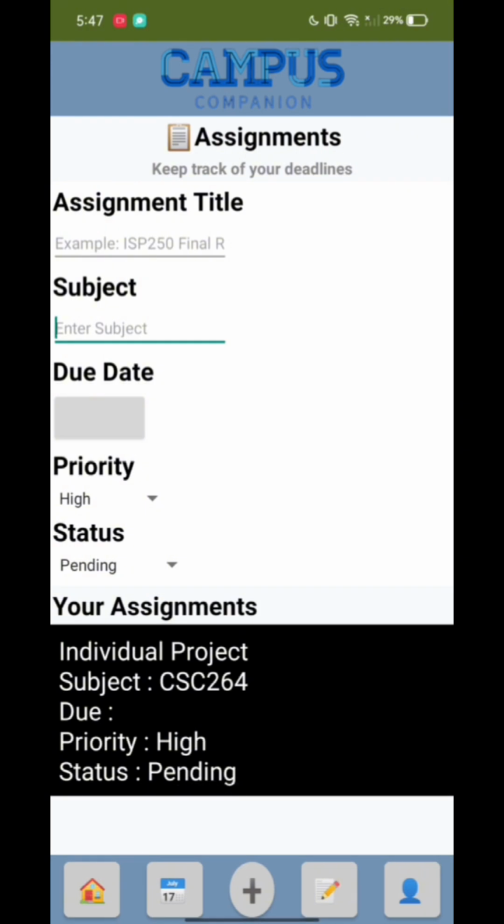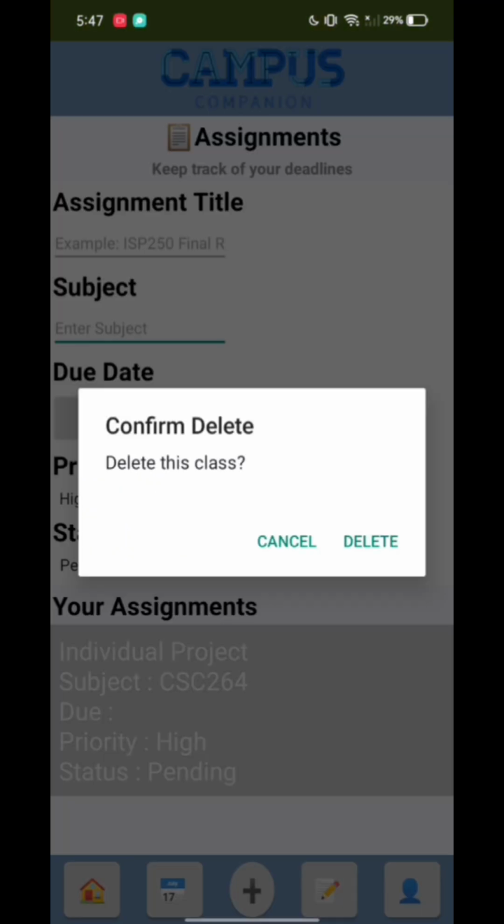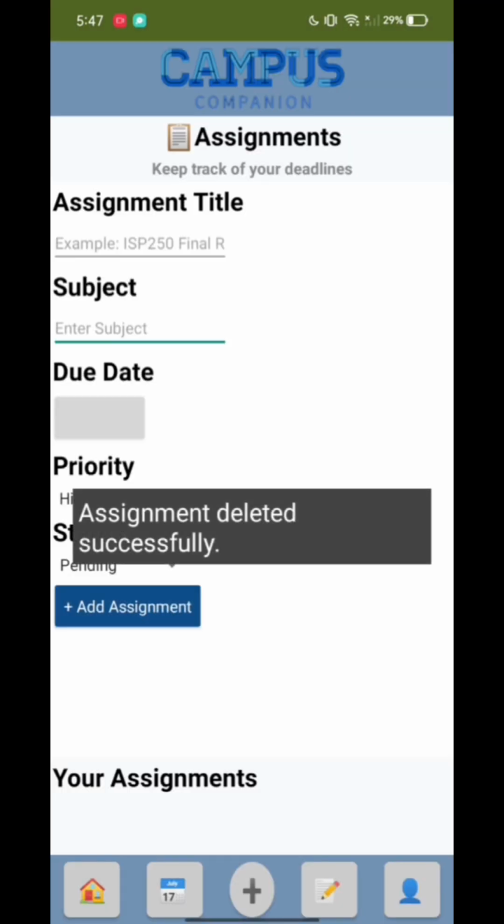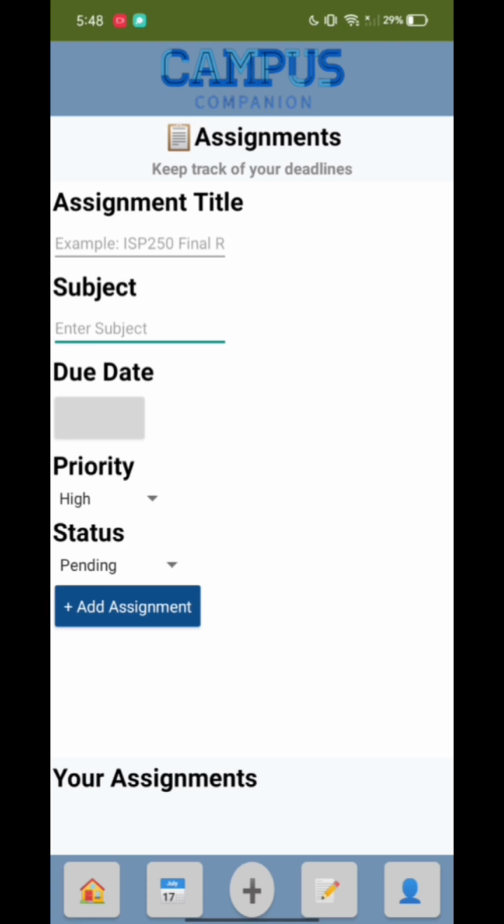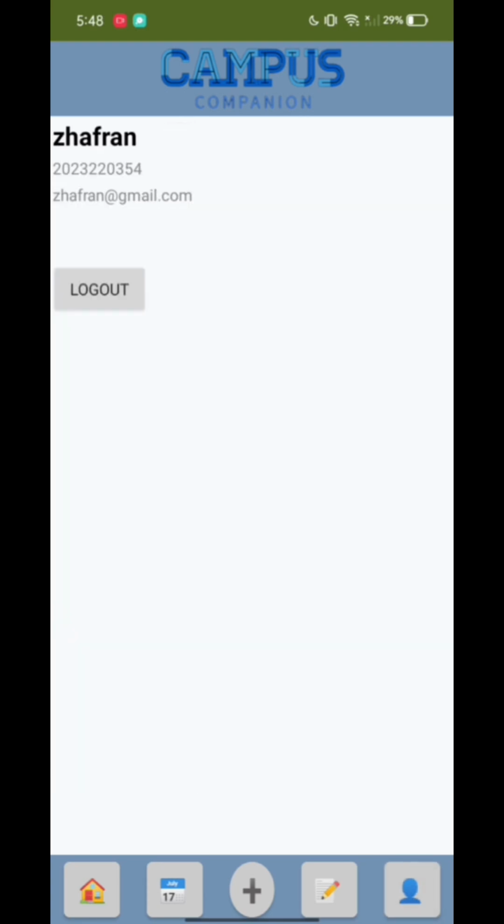So for the individual project, it shows your assignment, the category, the subject, the dates, and also the priority, and also the status. So if you want to delete, they can also delete it. They can stack it with even a lot, it doesn't matter, as I have limited quantities. So this is the